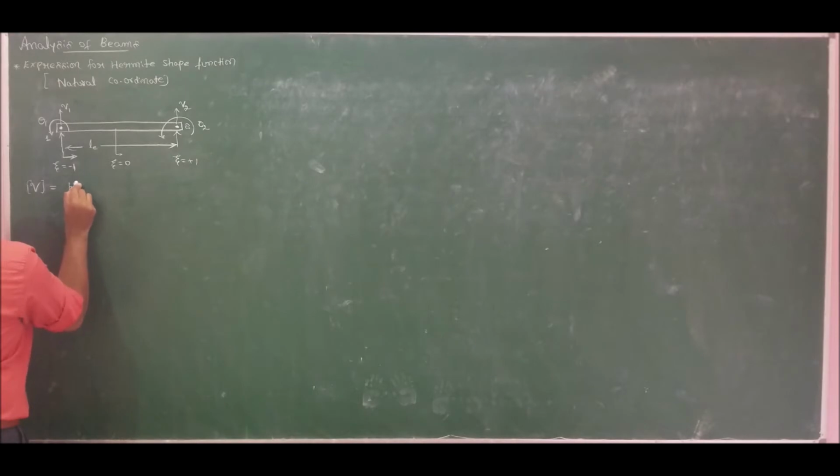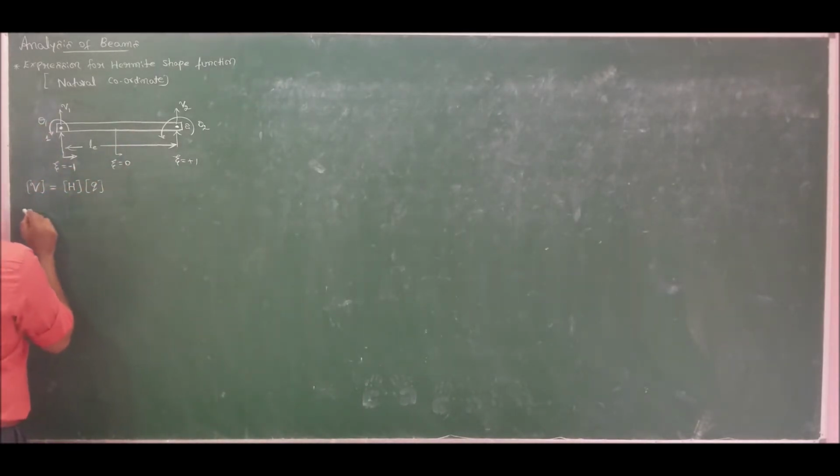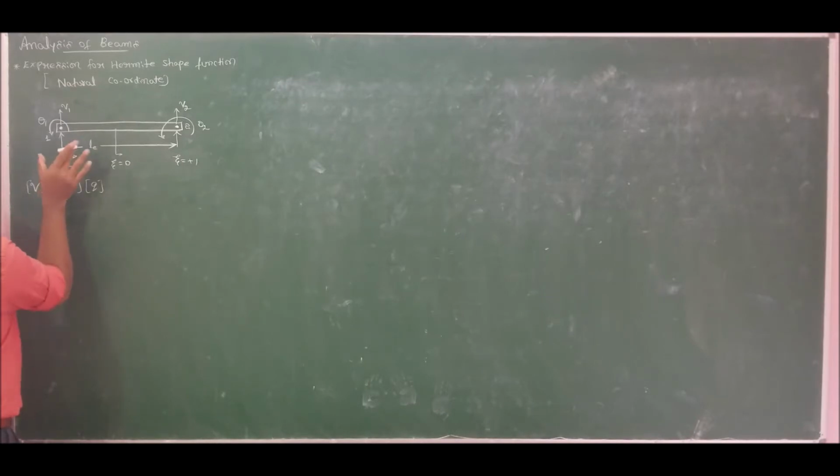Let us take it as Hermite shape function H into nodal displacements Q, where Q is v1, θ1, v2, θ2. So hence, let us assume the variation of Hermite shape function as a polynomial equation, the interpolation equation itself directly,